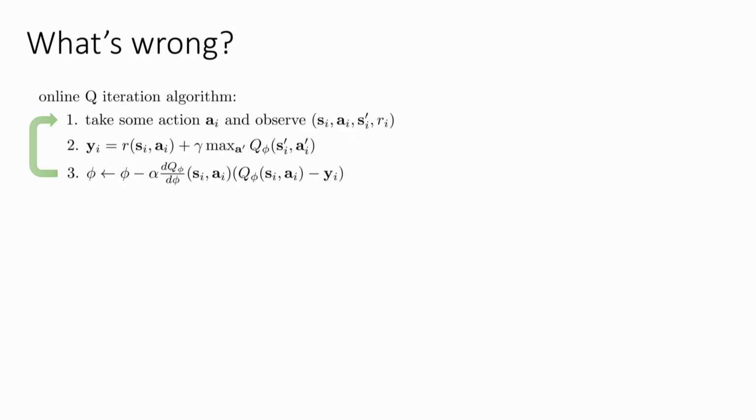So now let's talk a little bit about why online Q-learning is kind of not very good. So what's wrong with online Q-learning? Well, we saw on Monday the theoretical view about what's wrong: you can't prove that it converges. Does anybody have any ideas, more practical, intuitive notions about what might be wrong? Just from looking at the structure of this pseudocode, what might go wrong if you try to do this with a deep neural network to represent Q phi? Any ideas?